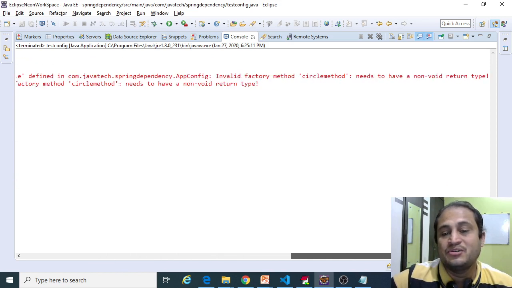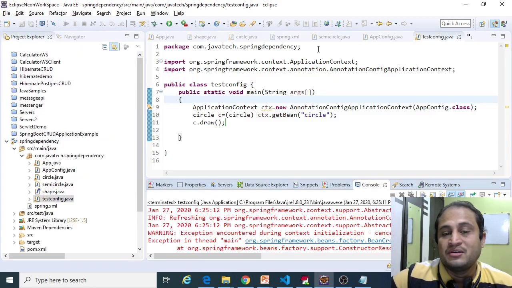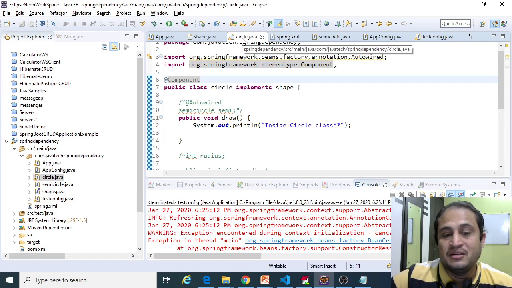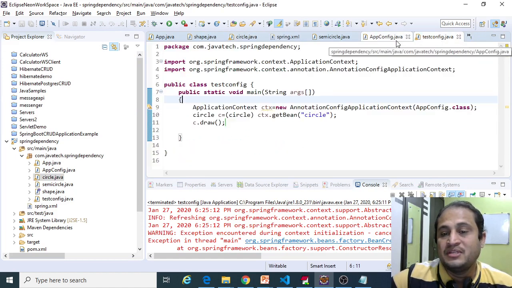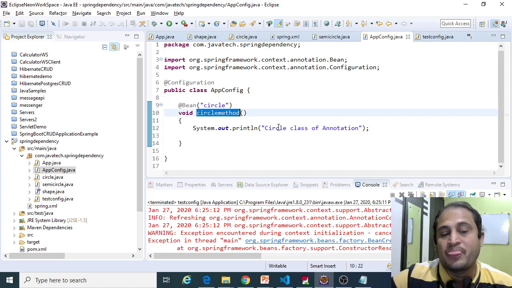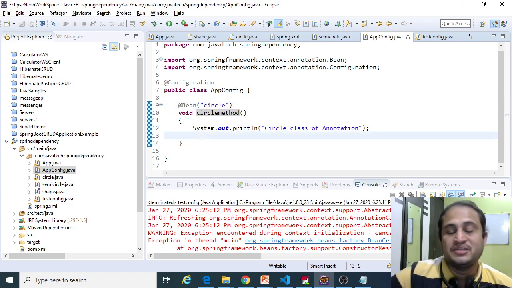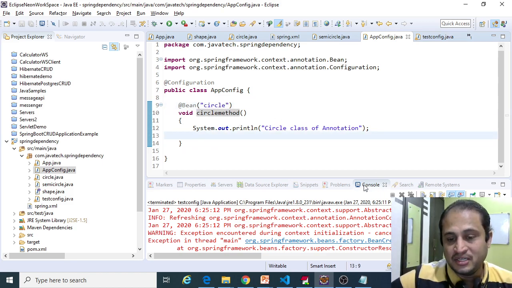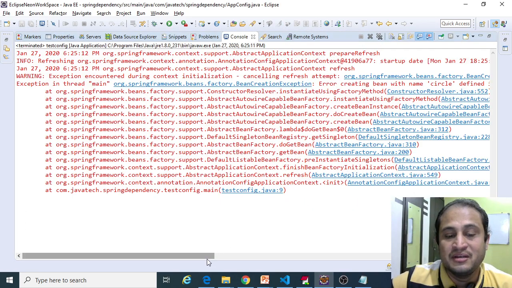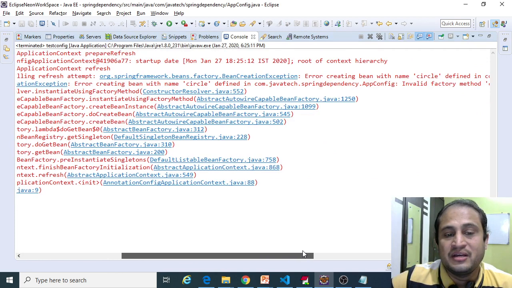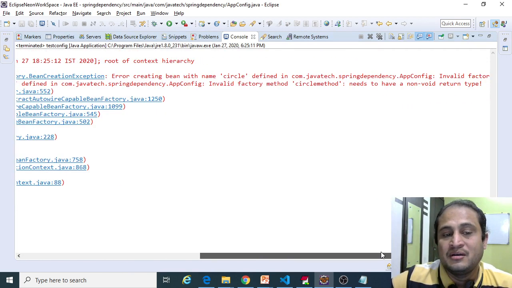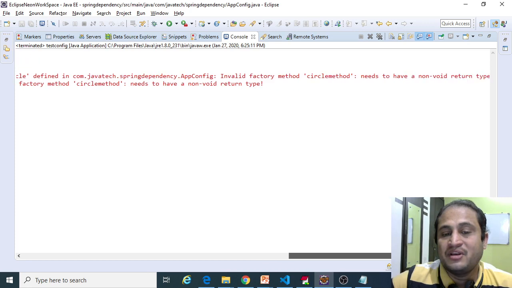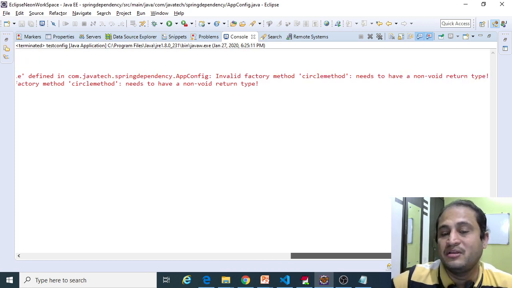The error itself says the factory method circle method needs to have a non-void return type.